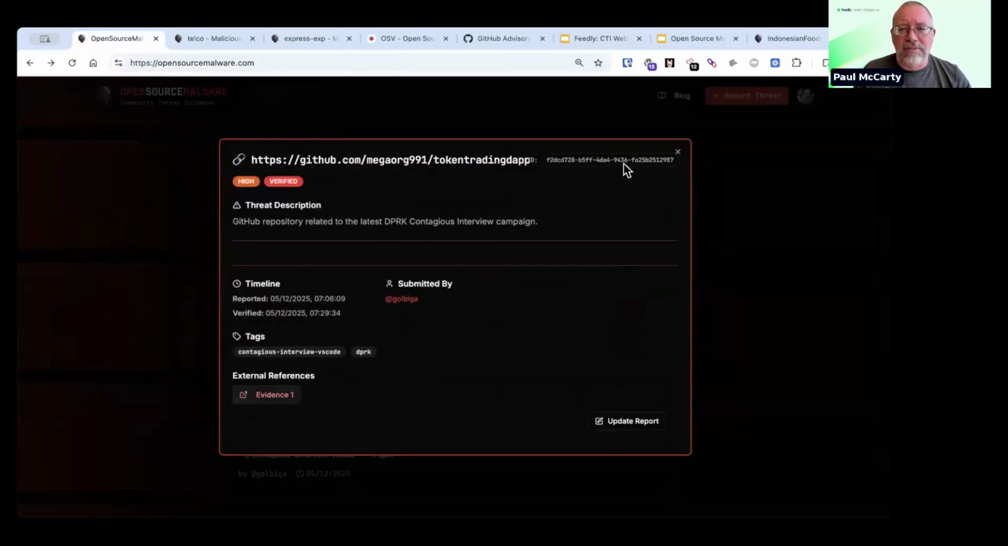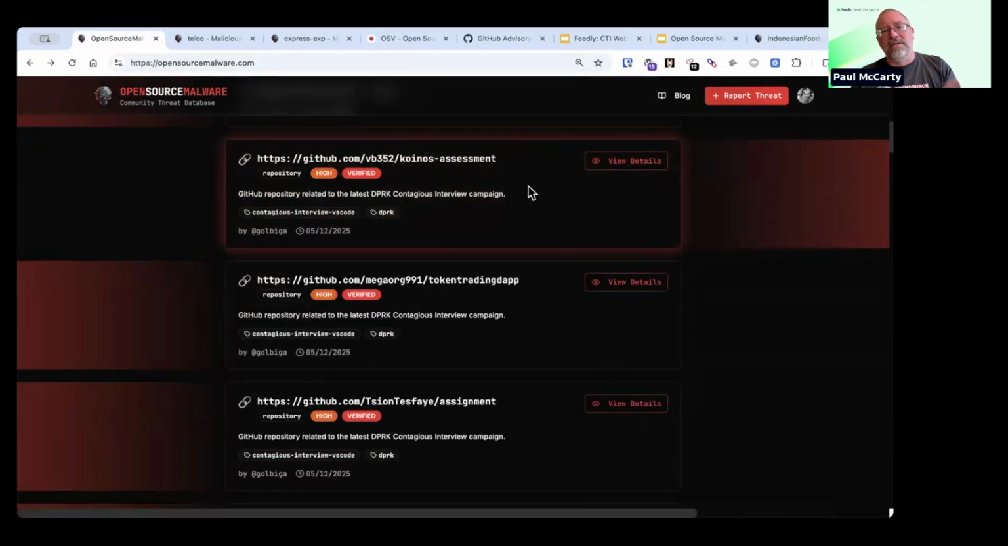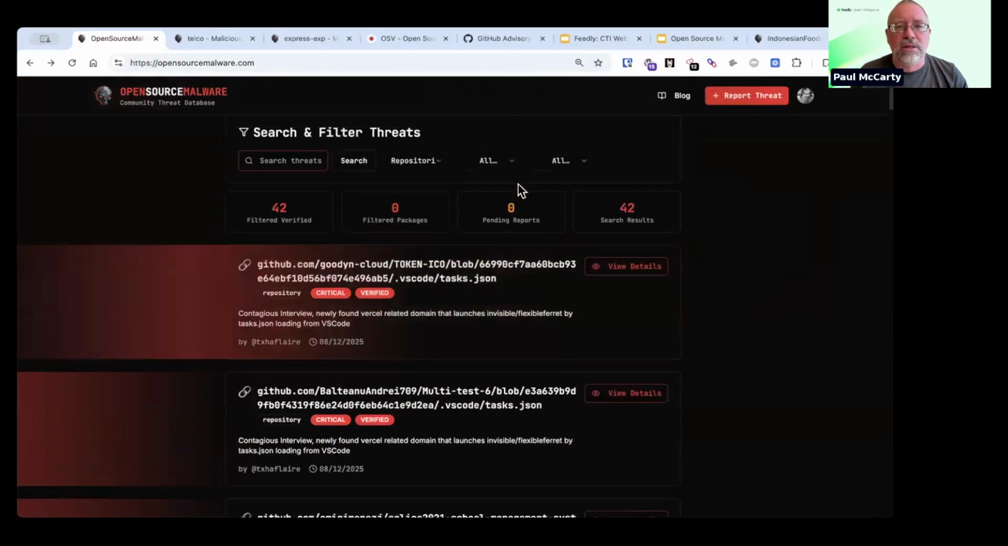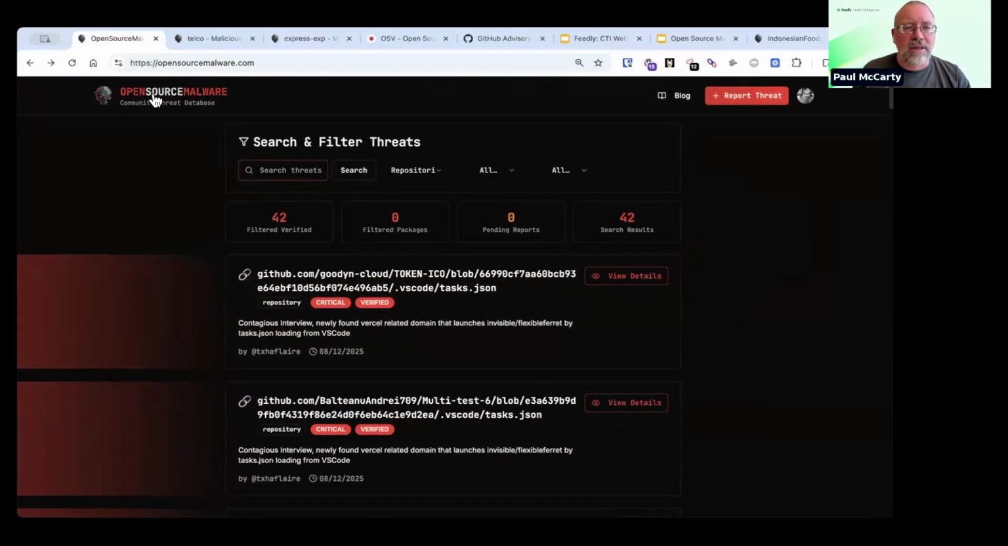Here's another one, and it's got an evidence link. So we're tracking things that OSV and GHSA are not doing, not just packages. The second thing is that you can search for